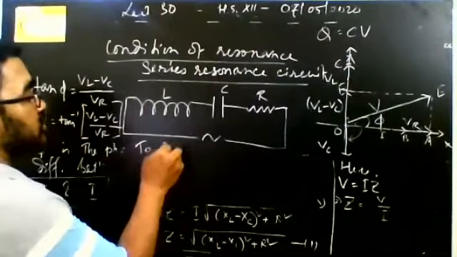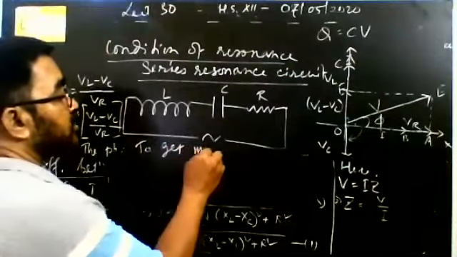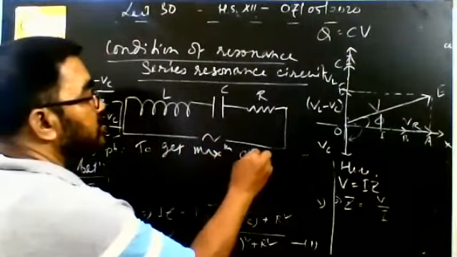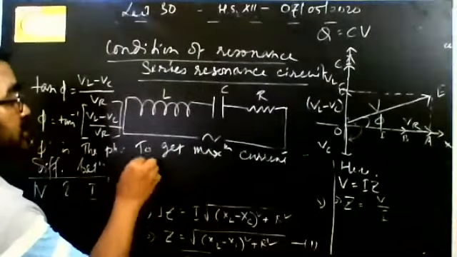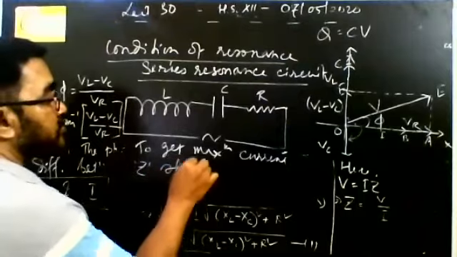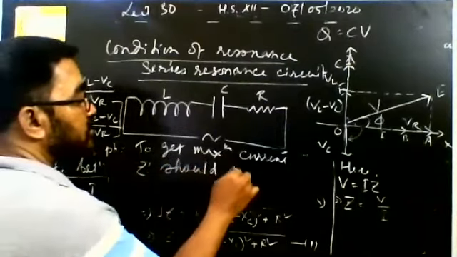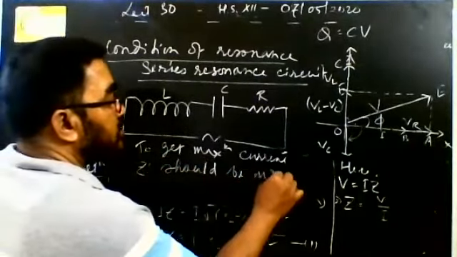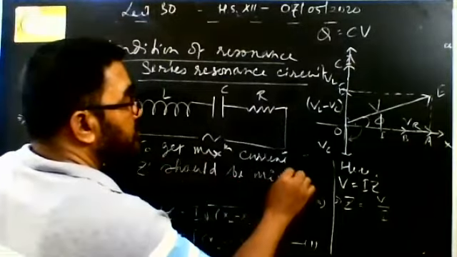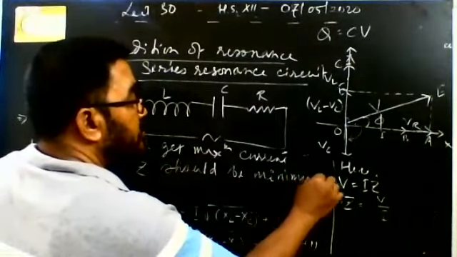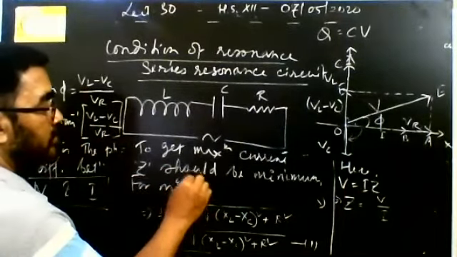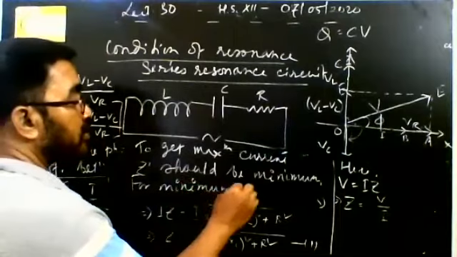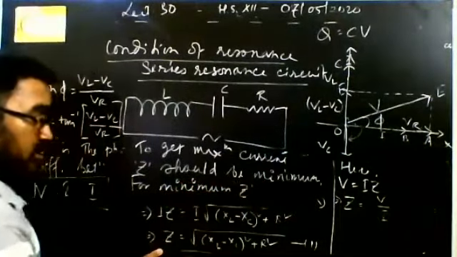To get maximum current, Z should be minimum. Okay. Minimum. For minimum Z to attack